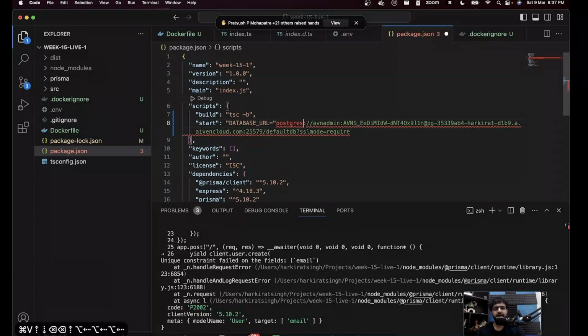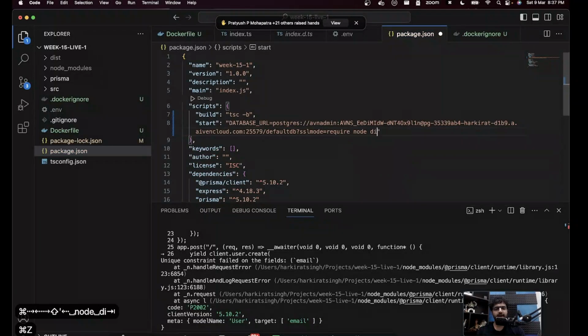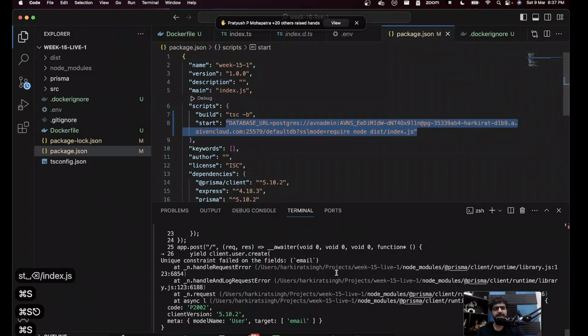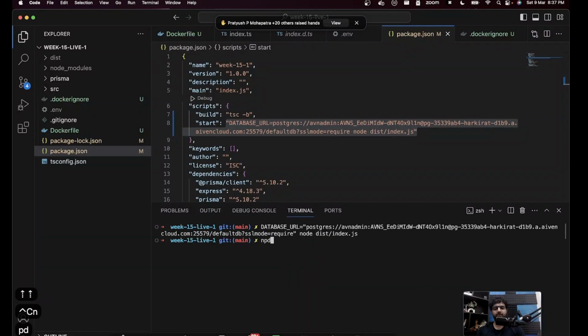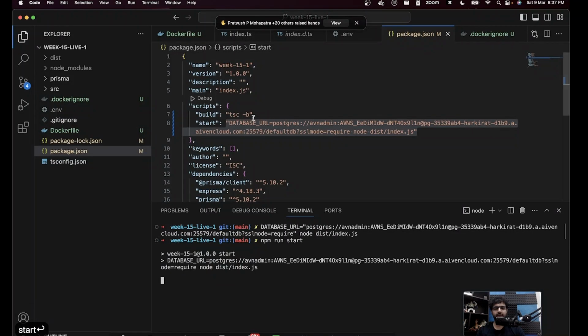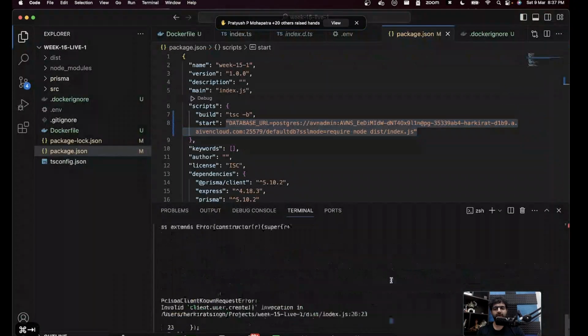I'm sure someone in the chat knows the answer. I can see a few people popping up, but let me quickly try and then I'll open chat. If I run npm run start, DATABASE_URL, that looks right. Still does not work.